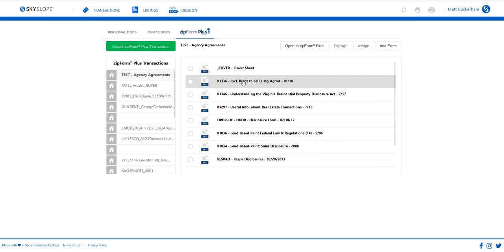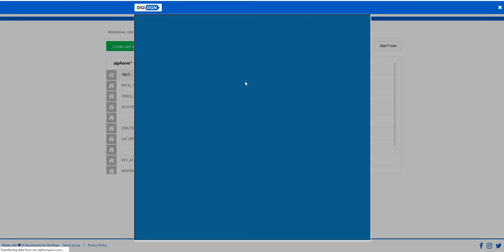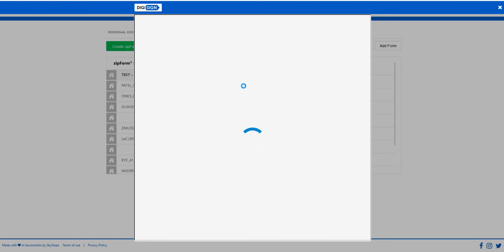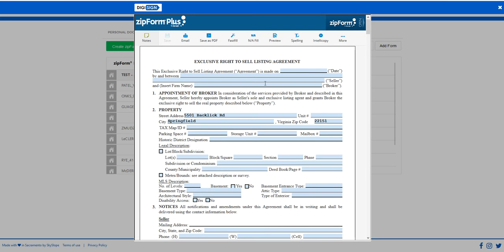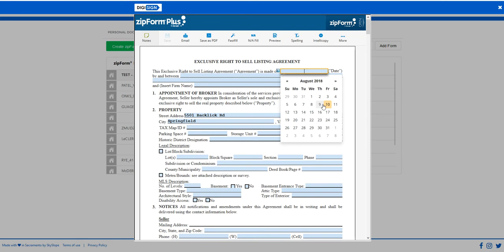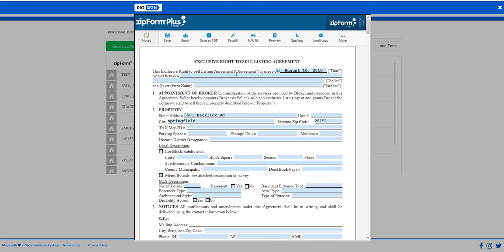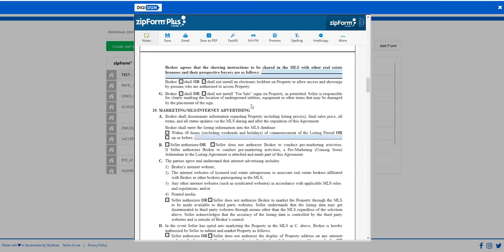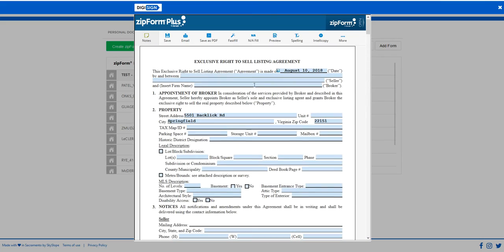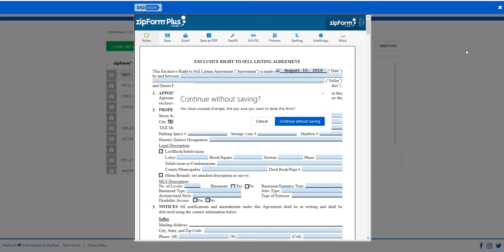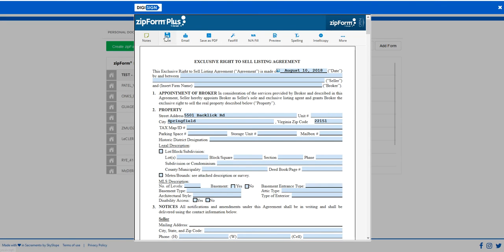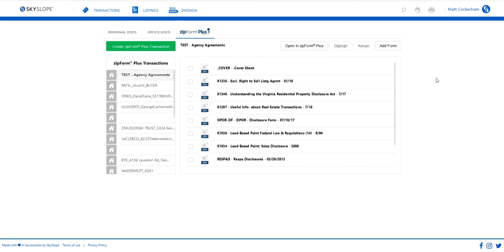So you've got this transaction set up. You'd come in here to exclusive right to sell agreement, and you'd fill it out, right? Now there is a little bit of a risk if I don't get this thing totally filled out that the program will not let me continue, but we're going to give it a try. I'm not going to fill this thing out completely, and I'm still going to try to get it DigiSign and see if it'll allow me to do that. Nope, cancel, sorry. I want to save here. And it is saved, and now I can close it. And if I come here and I click exclusive right to sell listing agreement, click DigiSign,